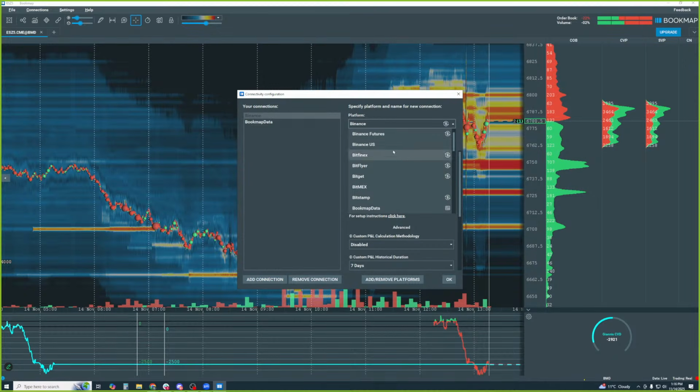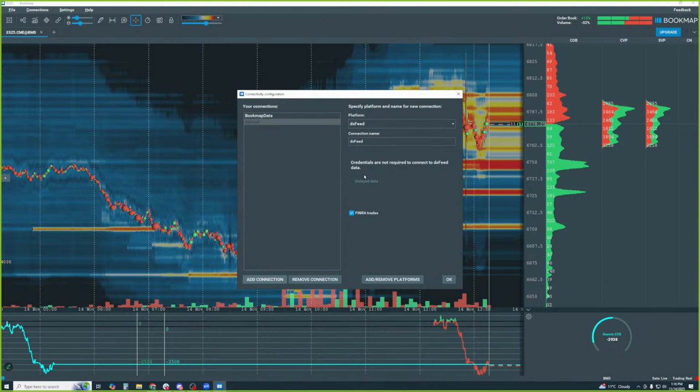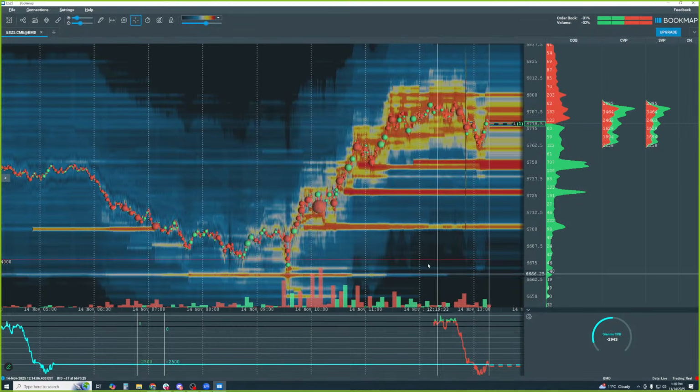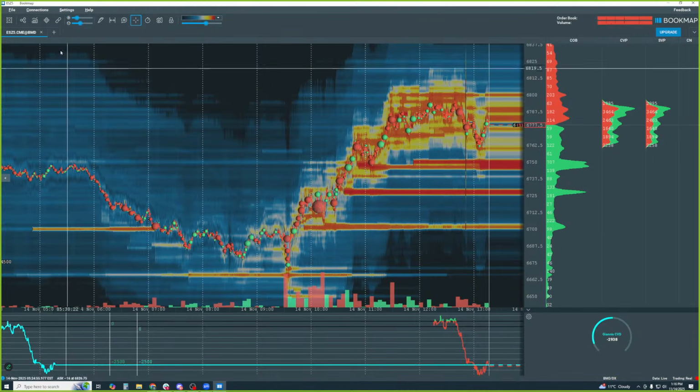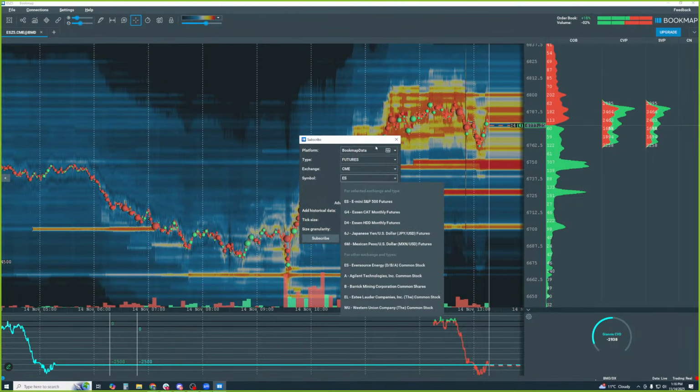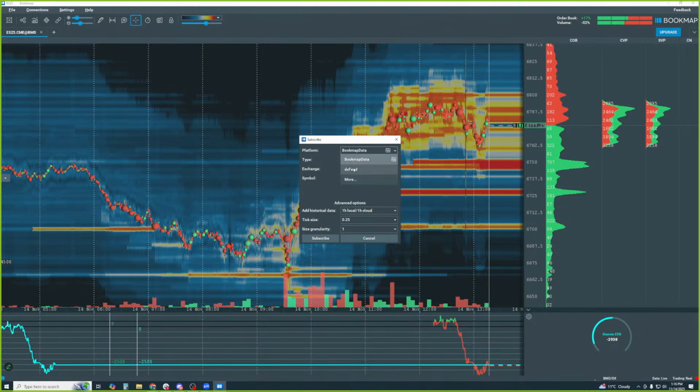And then from the platform drop down, we'll scroll down. We'll find DX feed. There it is. And that's it. That's all you need to do. We'll do the rest. We understand what you've subscribed yourself for. So we just click OK. Back to connections, enable it, click on the plus tab, select DX feed now here, and then we can input